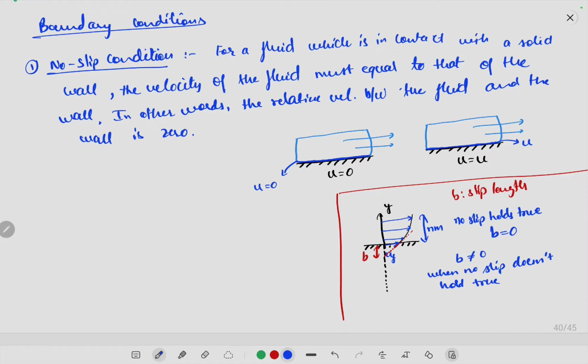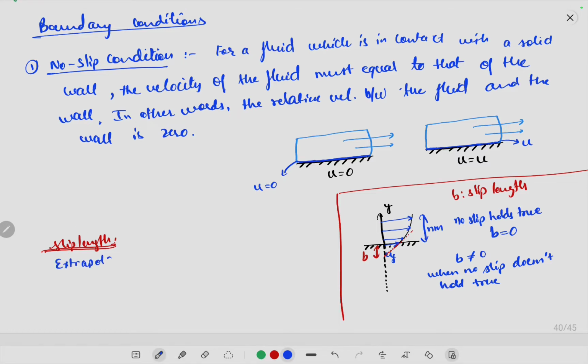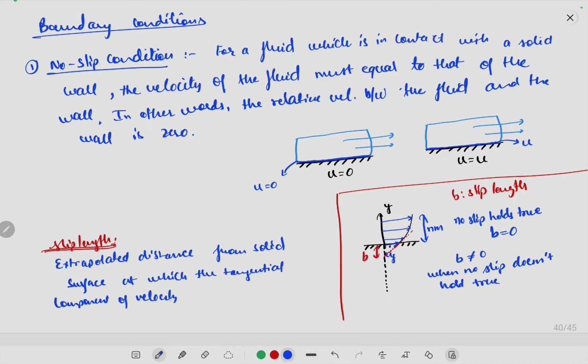Okay, so we can define slip length as the extrapolated distance from the solid surface at which the relative tangential component of the velocity of the fluid becomes 0. Okay,